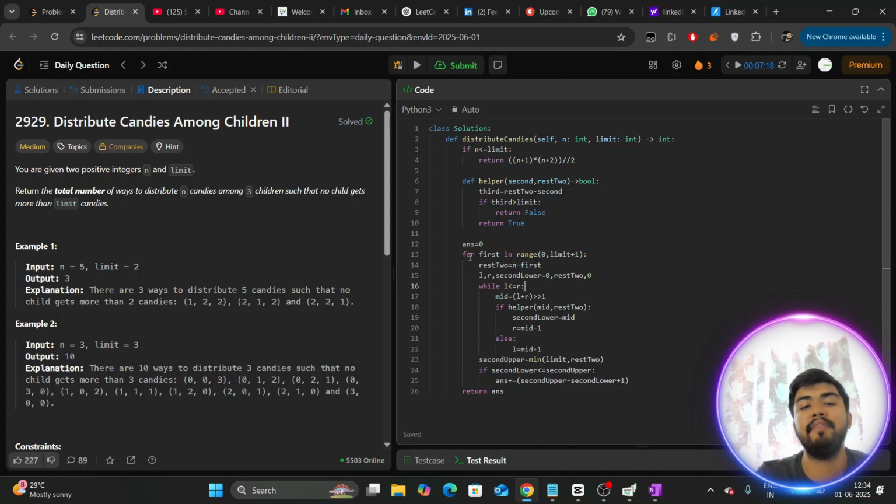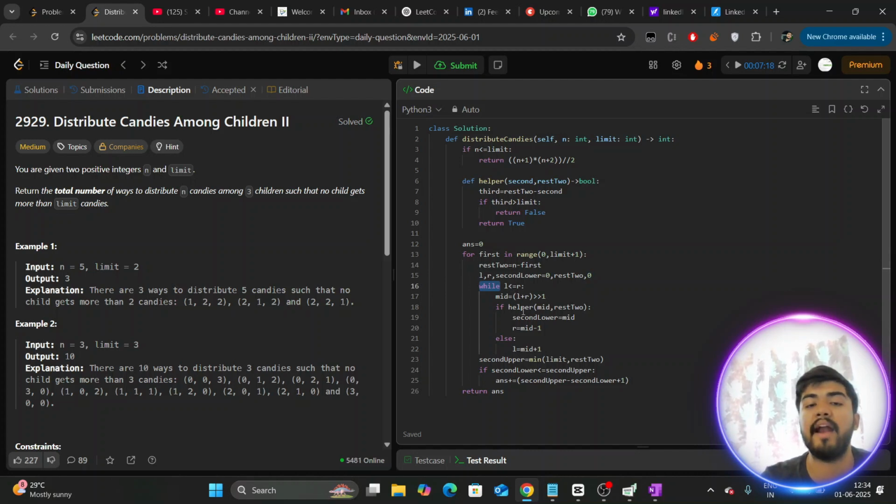Answer to be 0. My first can go in the range of 0 to limit plus 1. Agreeing? Yes, definitely it can go. And my rest 2 is nothing but n minus first. And I start with my L, R, second lower. L is 0, R is my rest 2, and my second lower is 0. Yes, agree. And now I am writing a simple binary search, while my left is less than or equal to right,